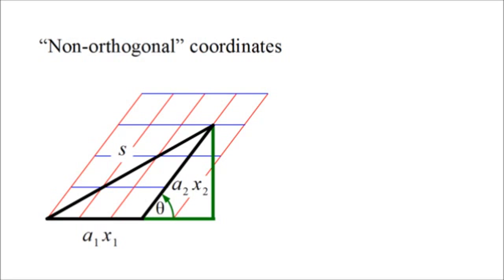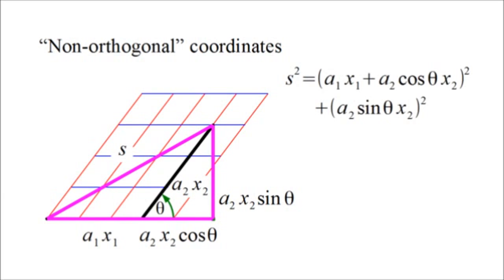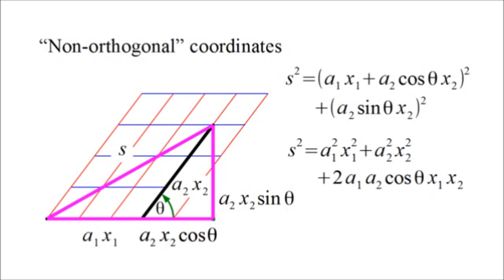Now a2x2 is the hypotenuse of a right triangle, and we can use trigonometry to get the lengths of the green sides, a2x2 times the sine and cosine of theta. Finally, we have a right triangle with s as the hypotenuse, and we can apply the Pythagorean theorem to find s. Expanding and simplifying the expression, we end up with our previous a1 squared x1 squared plus a2 squared x2 squared terms, plus a new term that contains both scale factors and coordinates and the cosine of the angle theta. When theta equals 90 degrees, that term goes away, since the cosine of 90 degrees is equal to 0, and this reduces